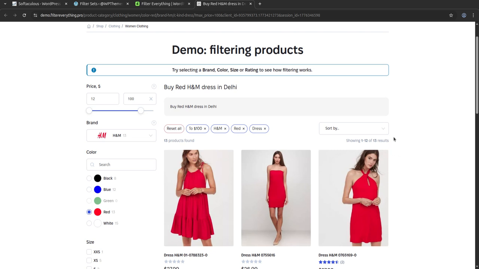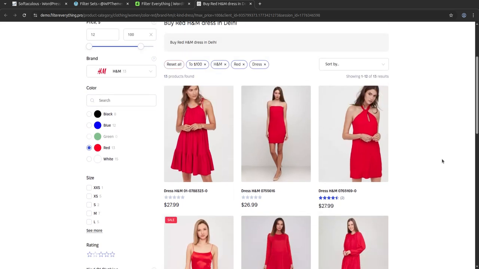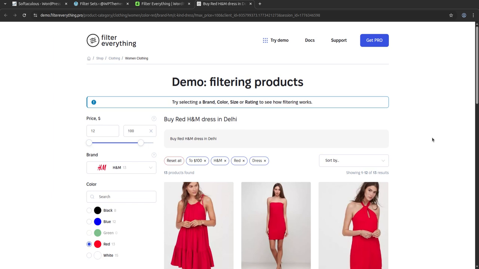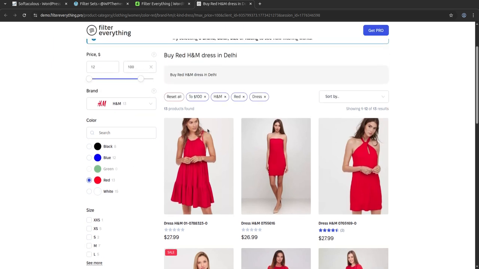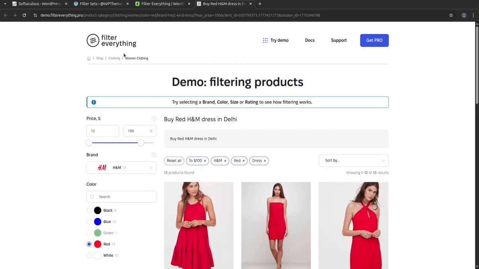When you are running an e-commerce store, you need to focus on user experience and ease of access. The most basic feature that we are going to discuss in this video is product filtration. And what I have seen in my experience, even a good WordPress theme does not offer exact product filtration at WooCommerce themes. So I have a perfect solution in this video that I am going to discuss, and I'm sure you